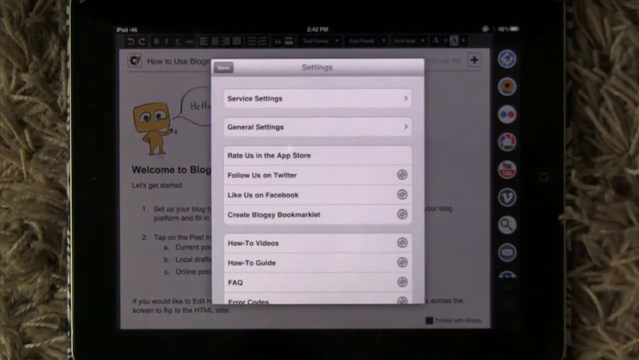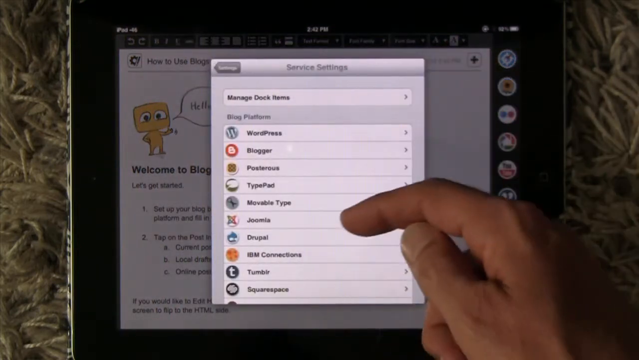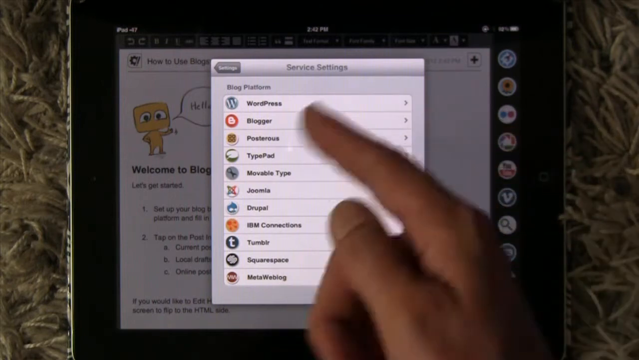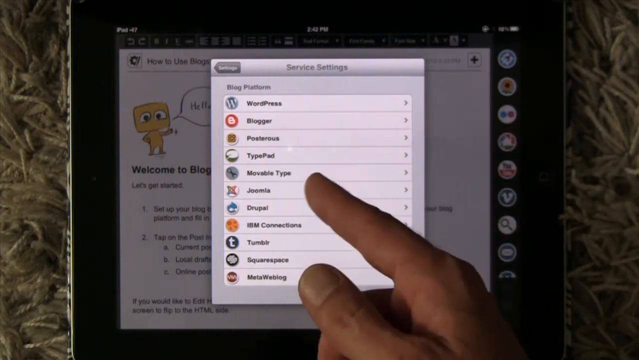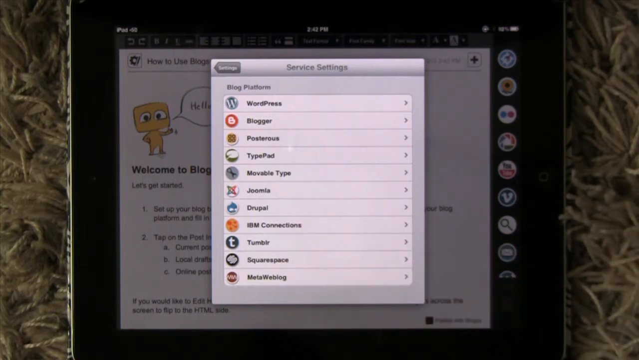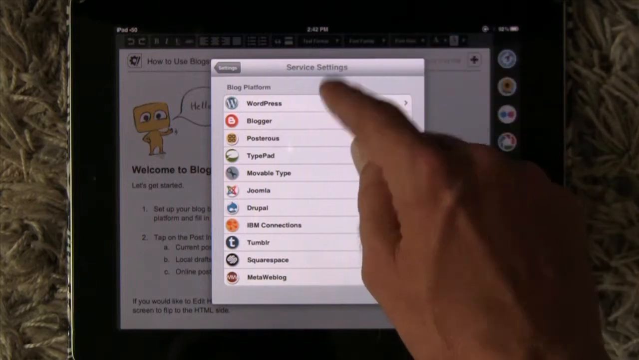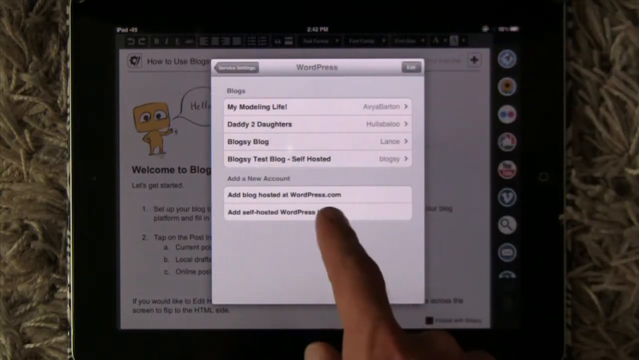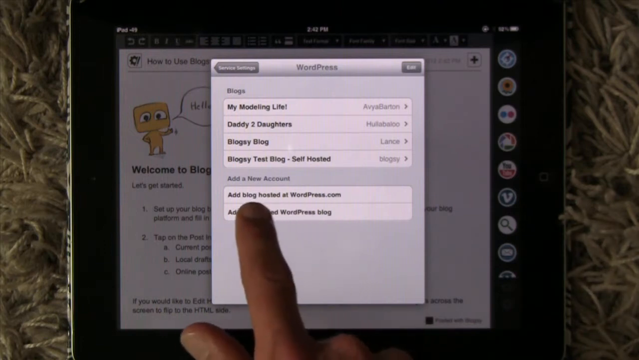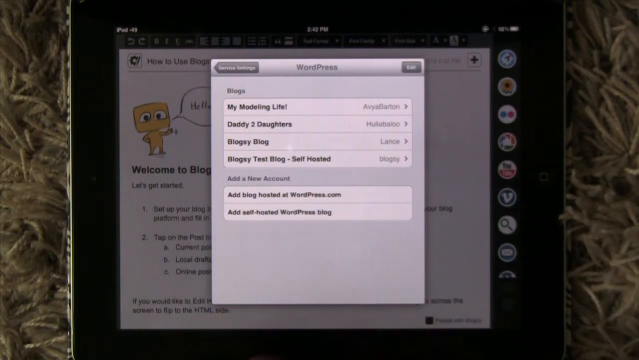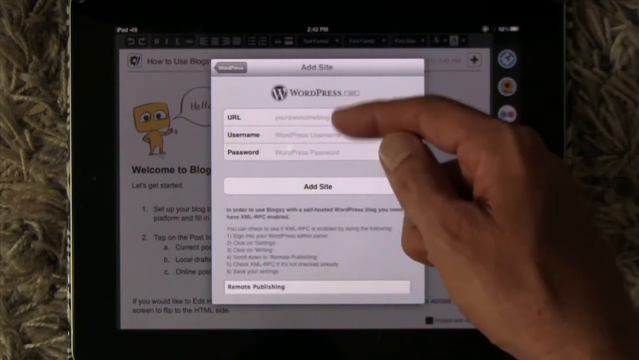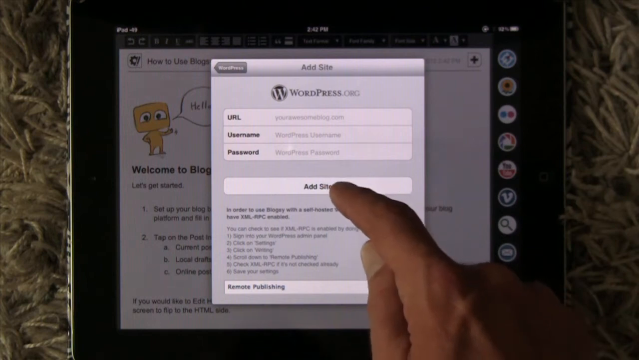So you go to Settings, Service Settings, and you'll see here a whole list of the platforms we support. WordPress, Blogger, Posterous, Typepad, Movable Type, Joomla, Drupal, IBM Connections, Tumblr, Squarespace, and a generic meta weblog. So tap on whatever platform you're on, and then it'll give you the options to set them up. So add self-hosted WordPress blog or add blog hosted at wordpress.com. Tap on it, and it'll give you the information you need to fill out, and then give you a button